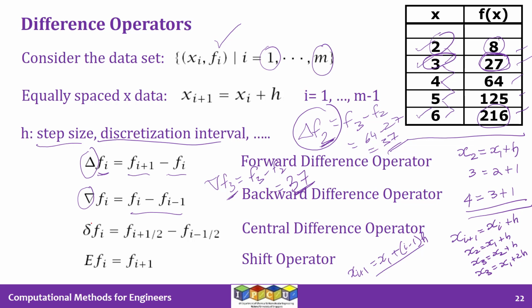There is something called the central difference operator, which is denoted by the symbol small Greek delta. This is uppercase Greek delta. This is lowercase Greek delta. When you apply the central difference operator on fi, you will have to go half a step forward. You take the function value half a step ahead, and you take a function value half a step behind the value of fi and find out their difference. That gives us the result of central difference operator applied to fi.